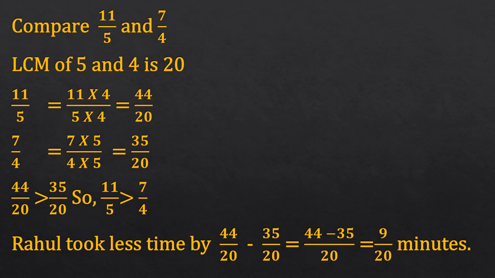And you will get 35/20. Now compare these two. 44/20 and 35/20. Which one is greater? 44/20 is greater than 35/20. So their original fraction 11/5 is greater than 7/4. Now it is asked in the question, who took